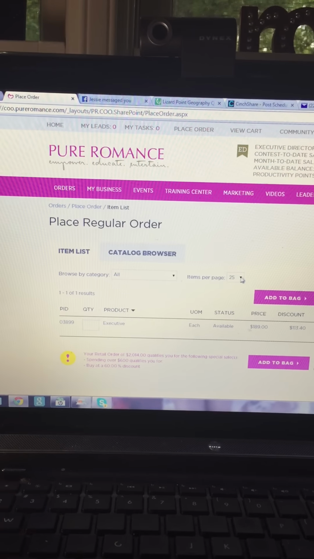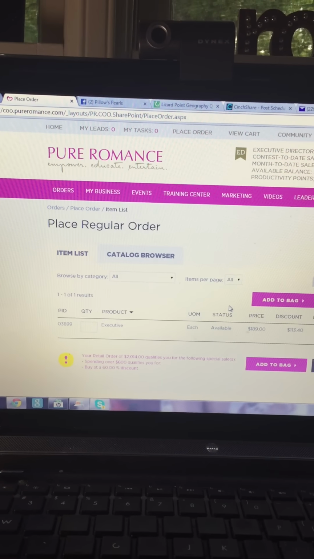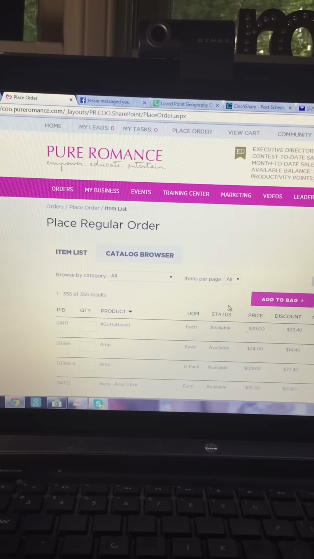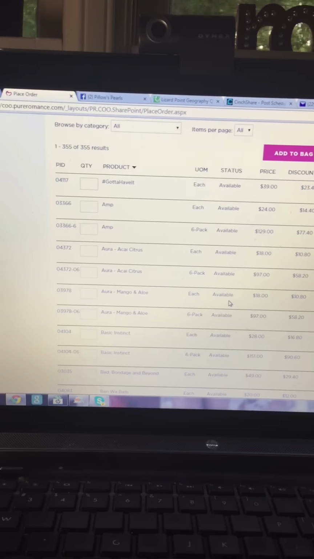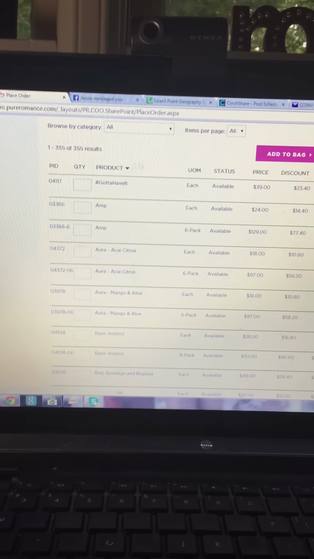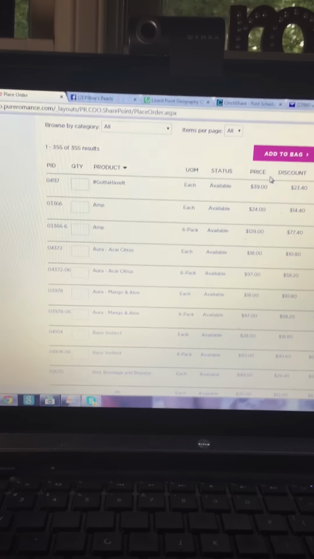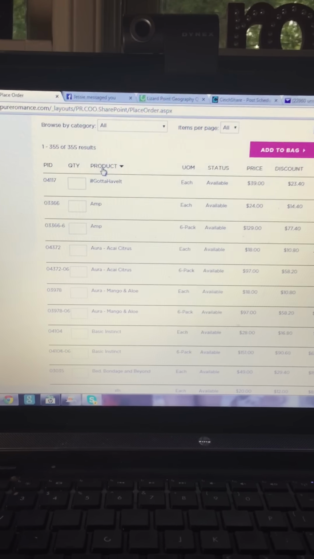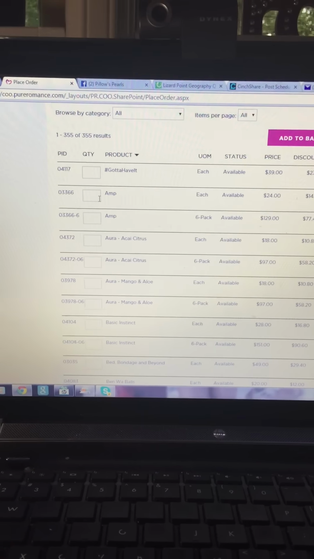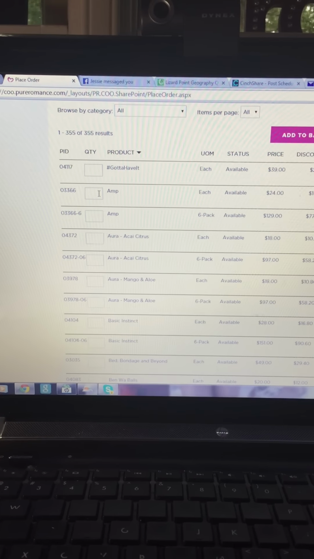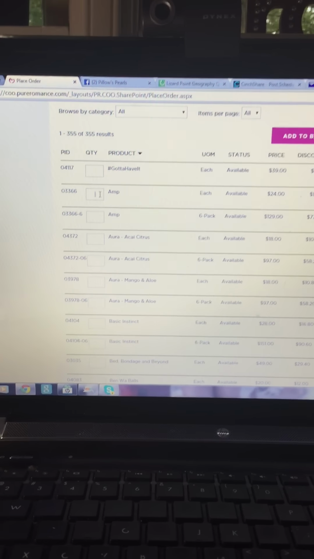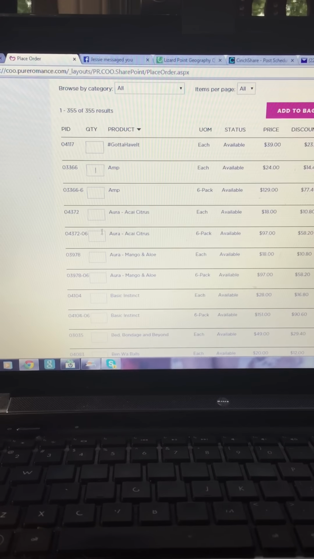I like to work with the entire product list. So I go all and all. And it shows everything. Okay, now, you can sort this by alphabet, by price, whatever works for you. But I typically stick with alphabet, and I enter, 3 of these, 4 of these, 5 of these. My cart is already filled, so we'll just give an example here. So let's just add one more amp